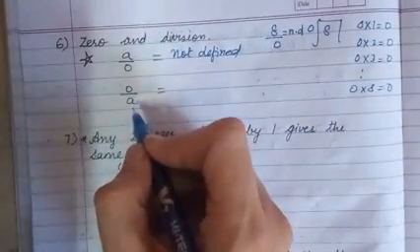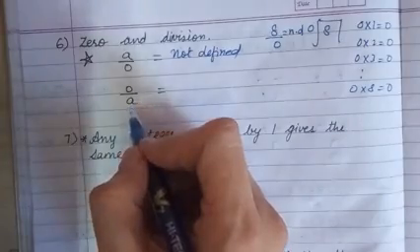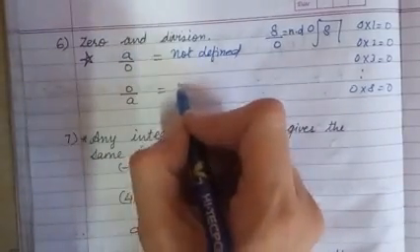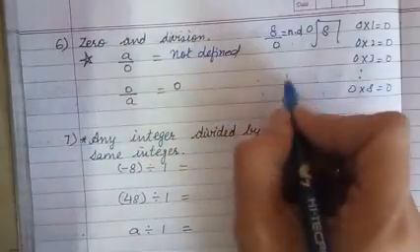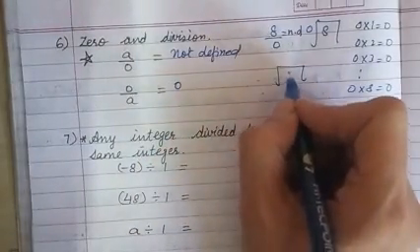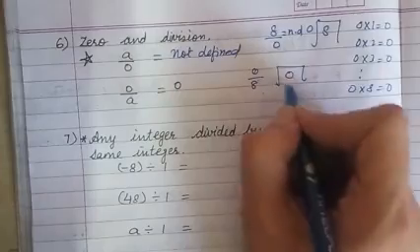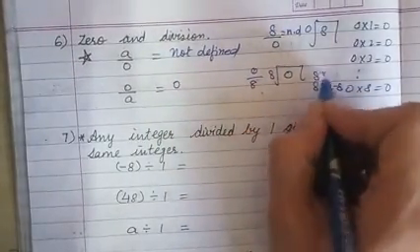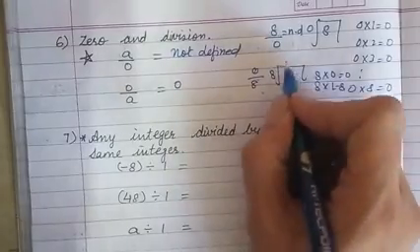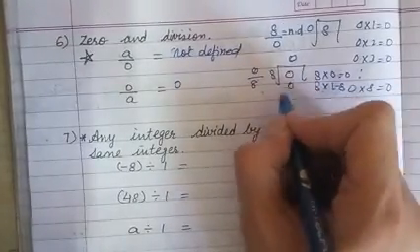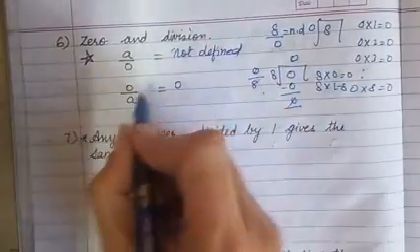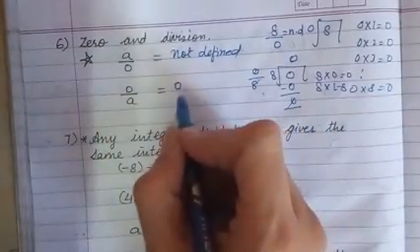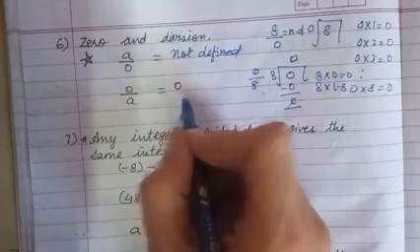Now consider another case, when we are dividing 0 by any integer. Here the answer will be 0. And what is the reason? When we are taking 0 upon 8, 0 inside 8. Now in the table of 8, 8 into 1 is 8 and 8 into 0 is 0. So 0 times 8 is 0. So when 0 is up, remember the quotient will be 0.